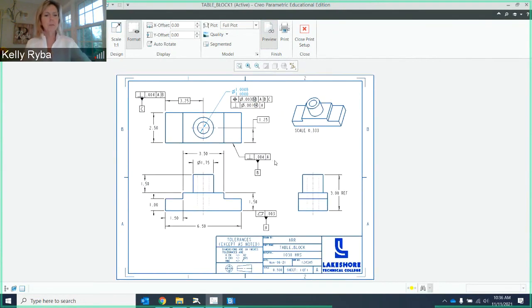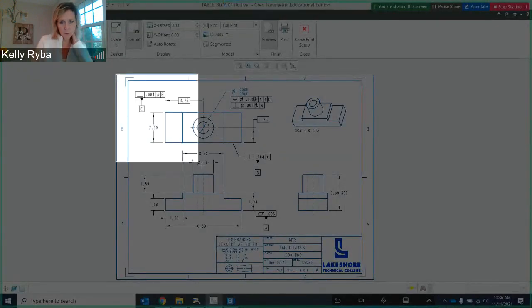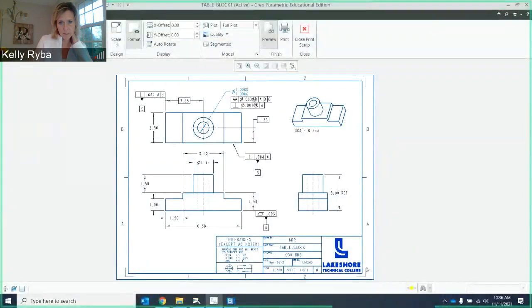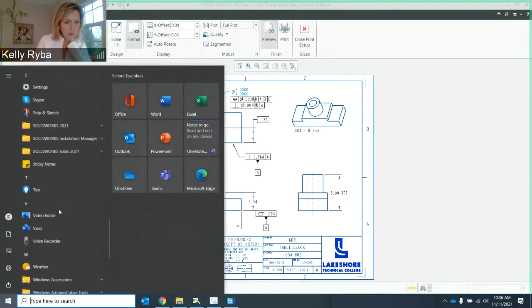Okay, so I'm going to do the Windows Shift S, and I'm going to grab that corner. So not really grab, left click and hold, and release. Now I've got that on my clipboard. This is going to be what I put into, for instance, a Word document. So I'm going to go down here, Word,